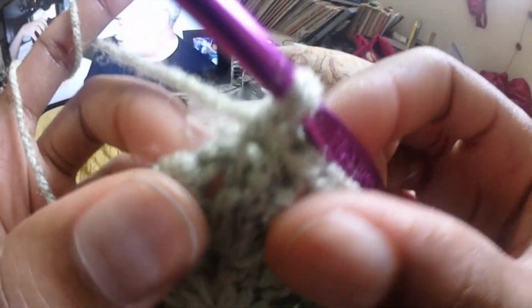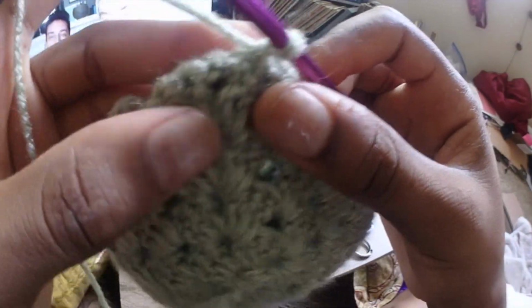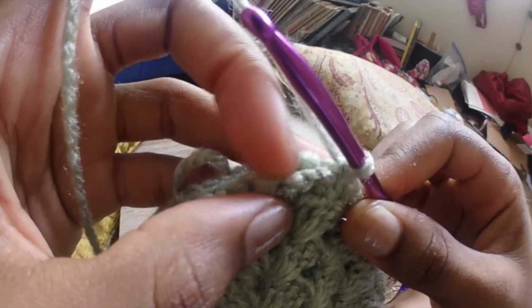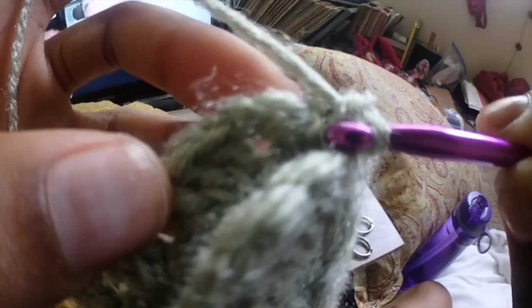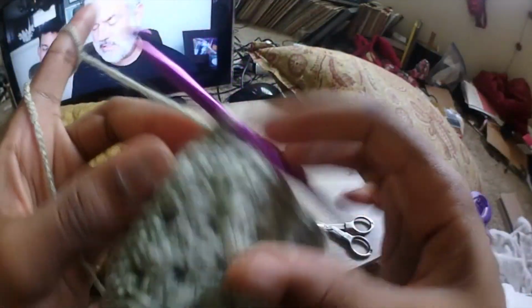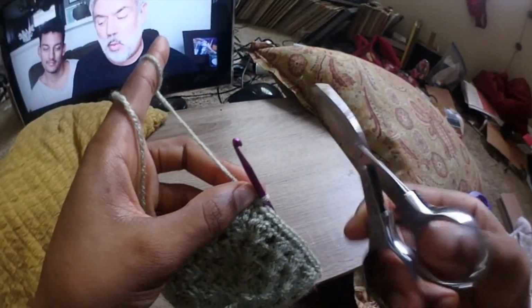So there we have it, all the way at the very end. This will be hard to see, but remember we have those chain 2 spaces, those corners. I'm going to get the first chain right there, go under the loop, and then stick it into the adjoining granny square. This makes the squares even more even to me, but if you can't do this, it'll still be fine. I'm just going through the chain 2 space, the first chain there, getting the loop, and then doing my last single crochet. I just wanted to show you that because it's kind of hard to see. You can see they're joined there, and I'm just going to cut it off,